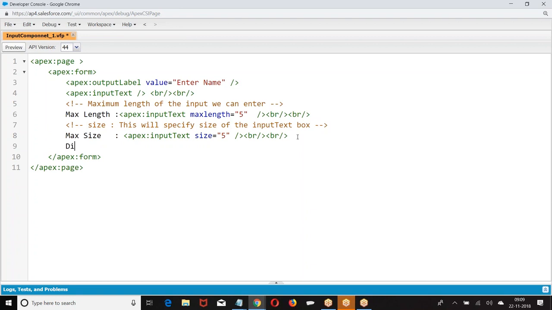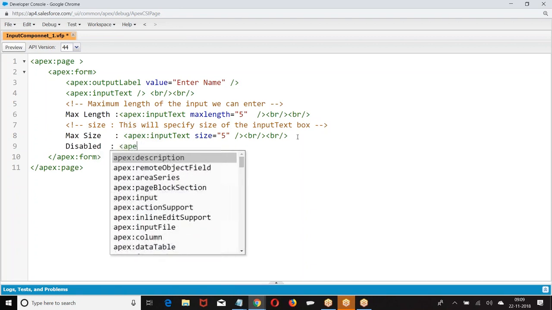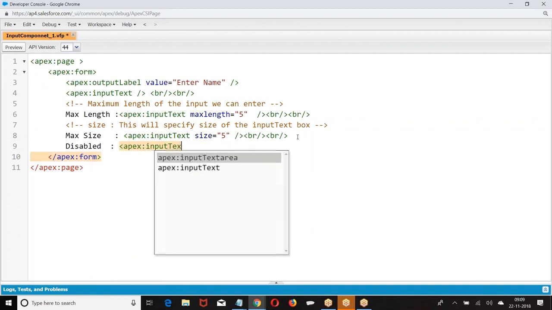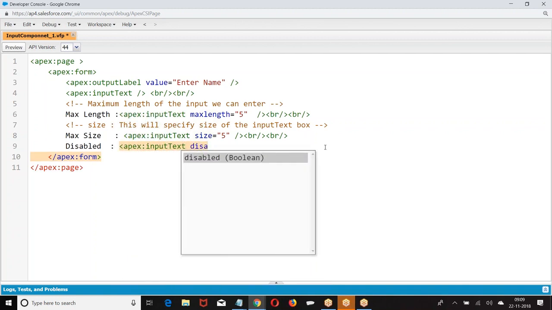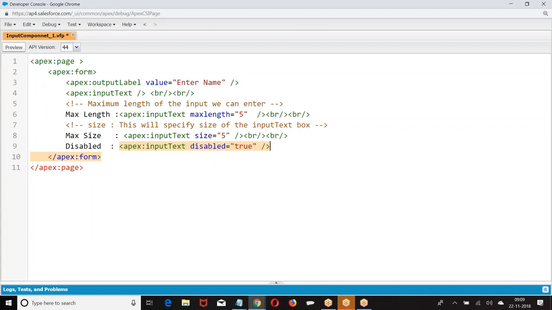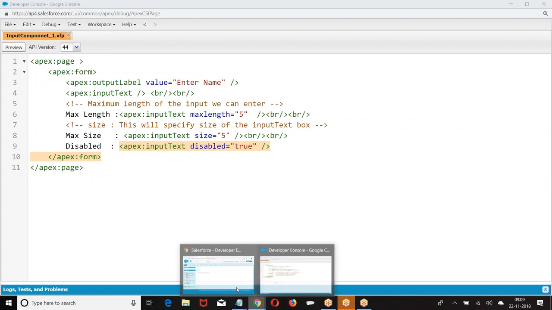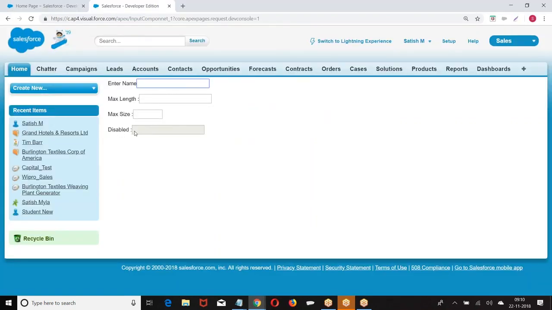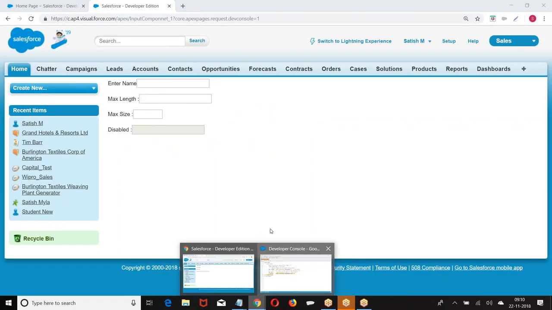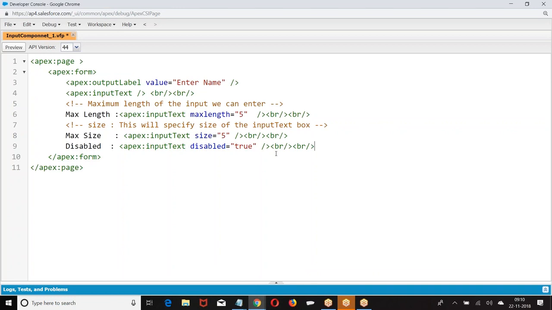Then I have disabled. Input text disabled. You can see the box, but it's in the disabled mode. Rendered means what?